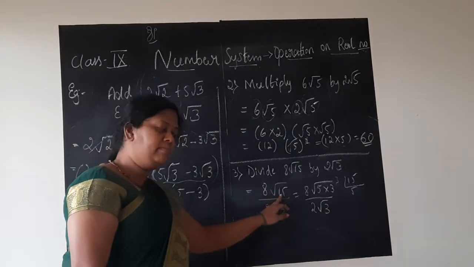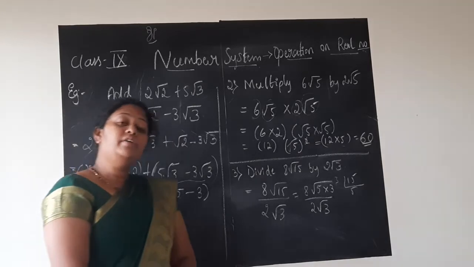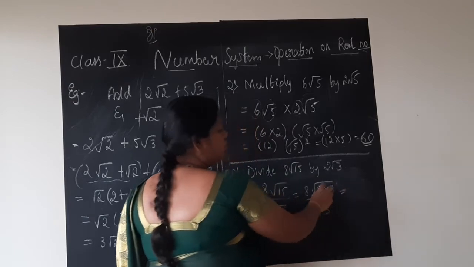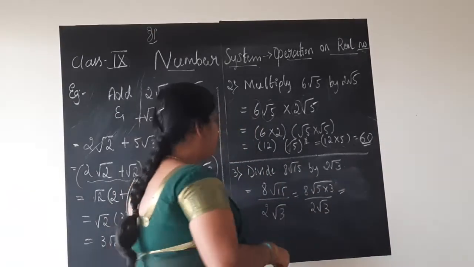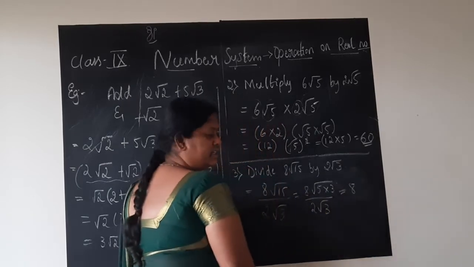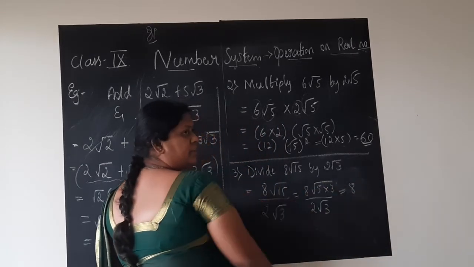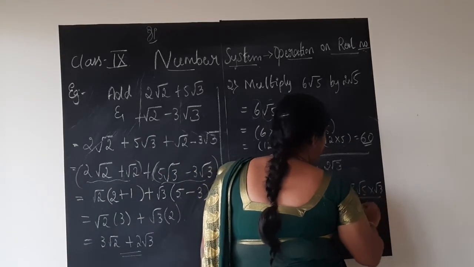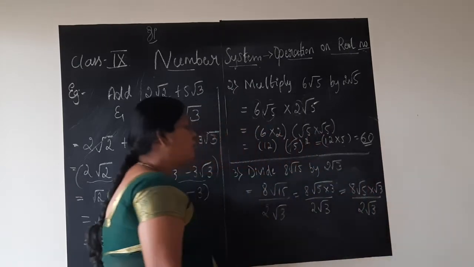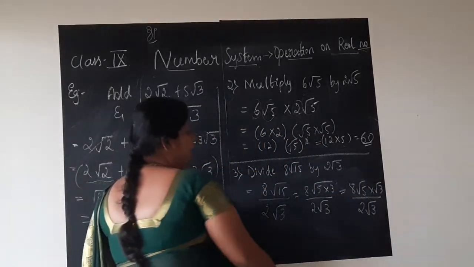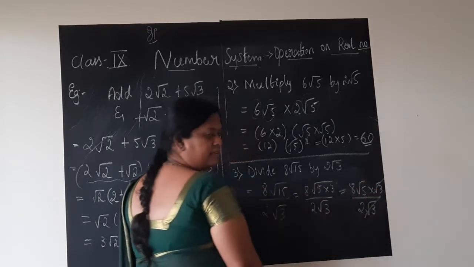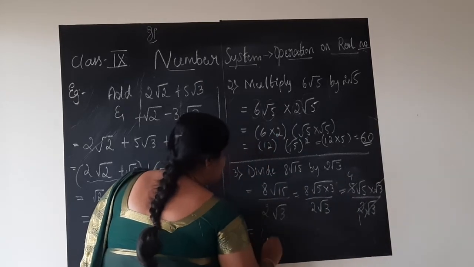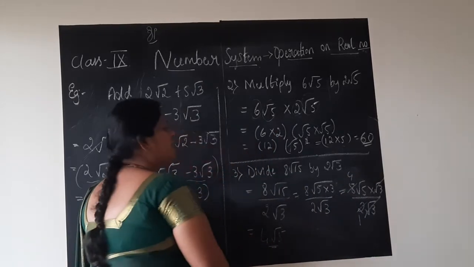If you have big numbers, write their multiples. When you write the multiples like this children, the square root can be applied to those numbers individually. What I mean is, this 8 I will write as it is. This big square root is there, no? Above, 5 and 3 can be split like root 5 into root 3, divided by 2 root 3, like this. So when I do so, see, square root 3 will get cancelled. 2 1s are 2, 2 4s are 8. So that is equal to 4 into square root 5, which is the answer.